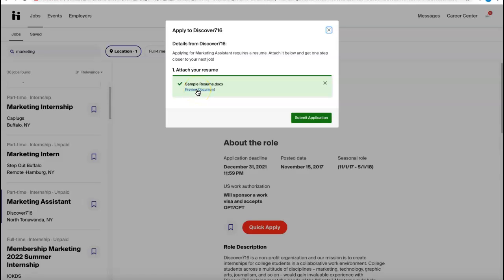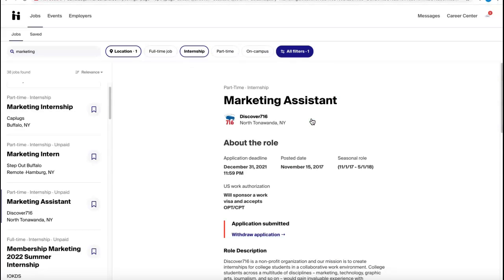If I have more than one document saved, it will allow me to select which document I wish to upload. This is particularly helpful if you've made several different versions of a resume and you want to send a more tailored marketing resume for positions that are specific to marketing. So if I wanted to apply for this position, I would click Submit Application,